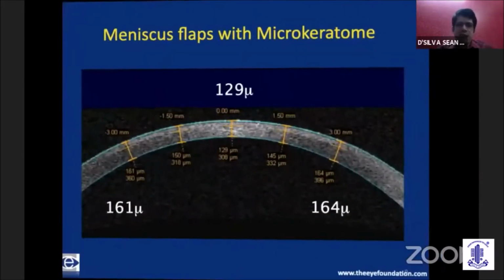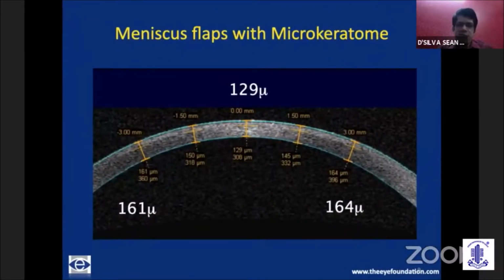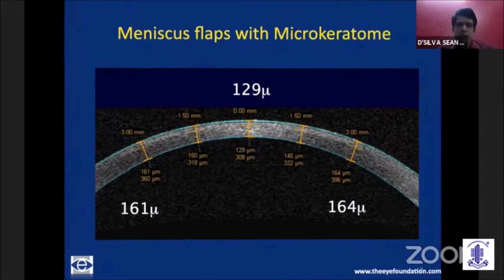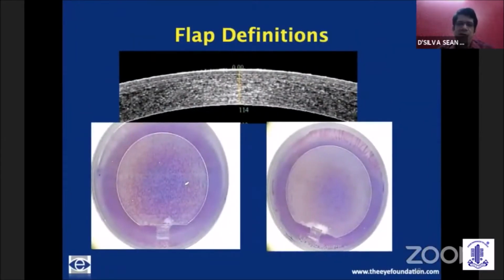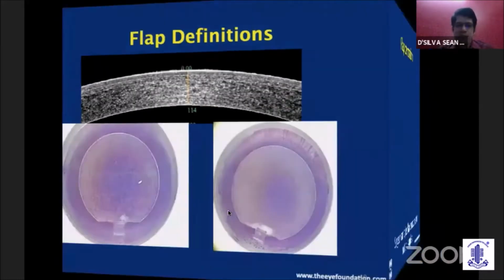As we discussed earlier, as compared to the microkeratome, which created meniscus flaps, which were thinner in the center and thicker on the periphery, with the femtosecond laser you have much more planar flaps with a vertical or even an angled side cut. You can pre-program the depth at which you want the flap to be created. The predictability and safety is extremely good. And in several cases where you may want to avoid a corneal scar on the periphery, you can even reposition your hinge so that you do not get any vertical gas breakthrough.